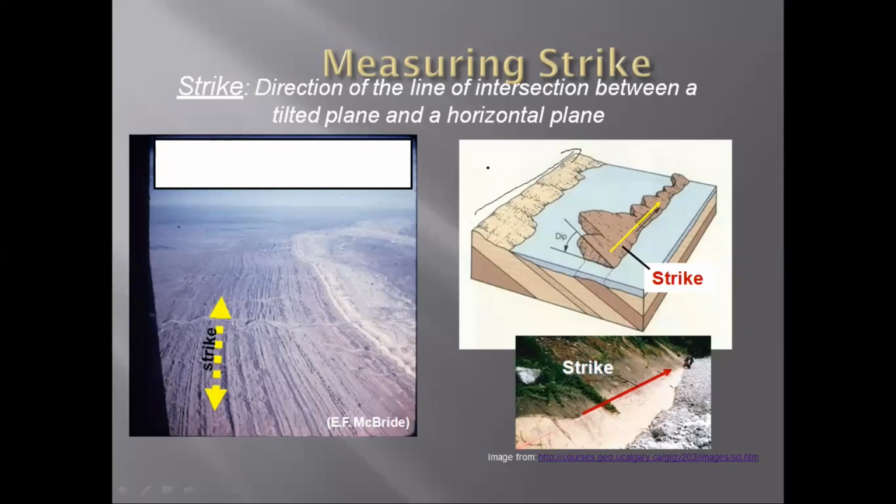However, if you are moving in this direction, you will find a different rock type. This is not the direction of the strike. The direction of strike is the one in which you will have the similar formation for tens of meters, for kilometers. Similarly, you can see an example here.